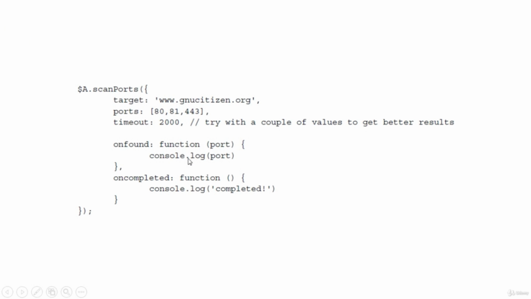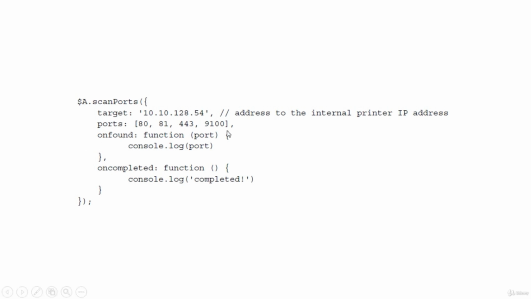Port scanning from a browser is not an exact science. Therefore, you may receive a lot of false positives. To eliminate them, you need to fine tune the scanning process via the timeout parameters like the following. This is the parameter. Now, knowing how to port scan, you can try identifying open ports on your corporate printer by using something similar to the following. This is the figure.